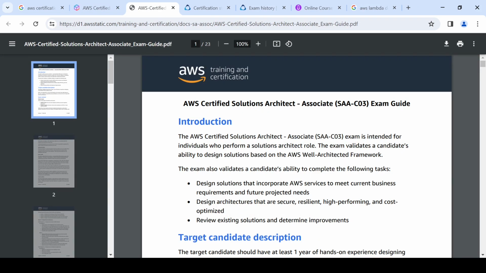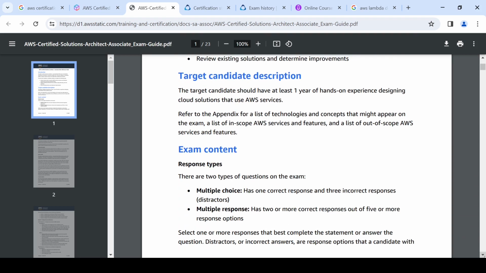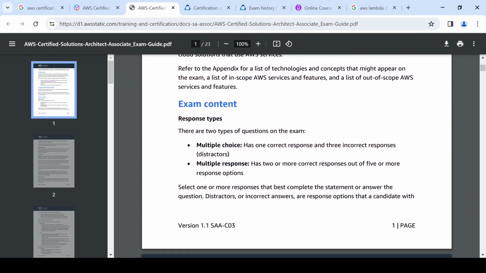Once you click on that link, a PDF file will be opened, and inside this PDF you can see the detail about this particular exam. Okay, I would suggest you to go ahead and read this PDF completely. This will definitely help you. There is a section, exam content, and inside this